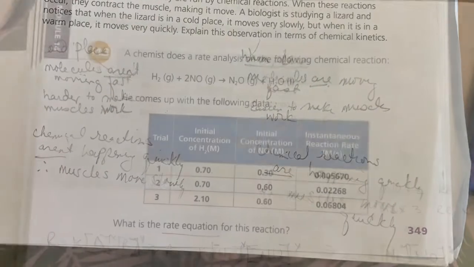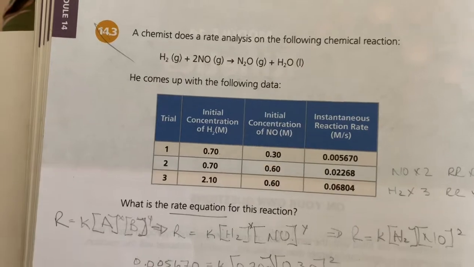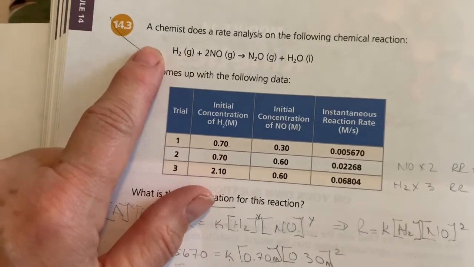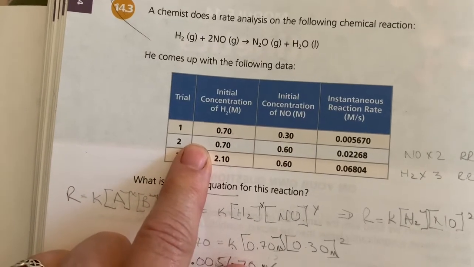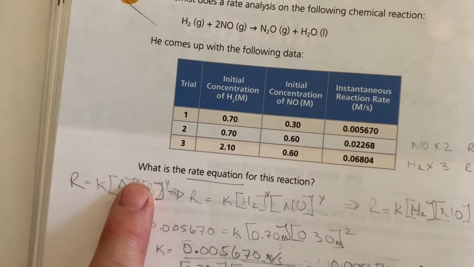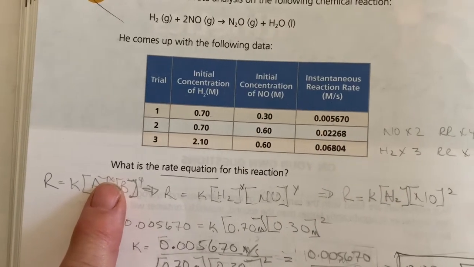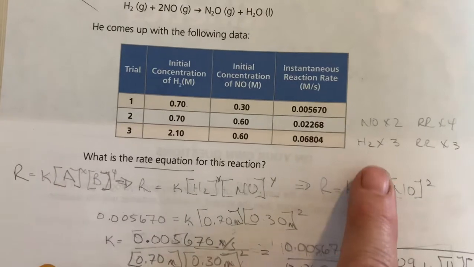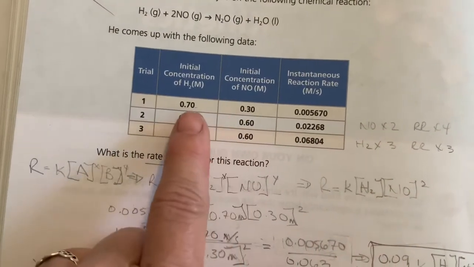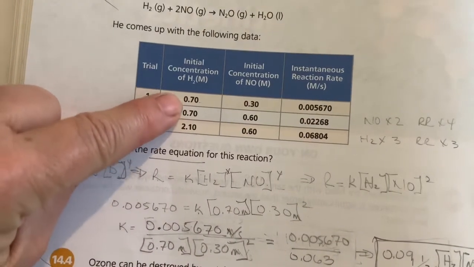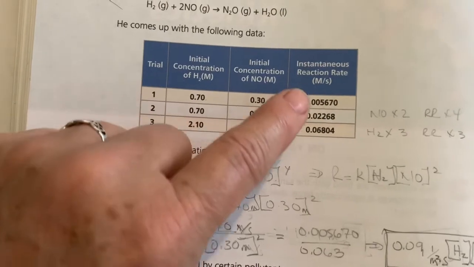And that's your answer. A chemist does a rate analysis on the following chemical reaction, and it's this one here. He comes up with the following data. So here's our data table. What is the rate equation for this reaction? So you should have seen several of those in your book, but just before you did this problem, here's what we need to do: we need to compare what's happening between each of the concentrations and the reaction rate so we can